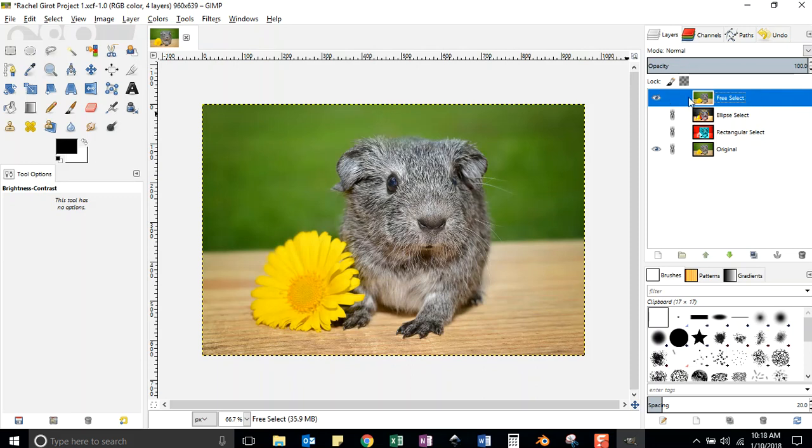Here's just a little bit of advice. If you're ever trying to do something and it's not working, go over to your layers. First of all, make sure that you have the layer that you're working in selected. Second of all, make sure it's not locked. Because if I have this layer selected and I'm really trying to do the work in this layer, then